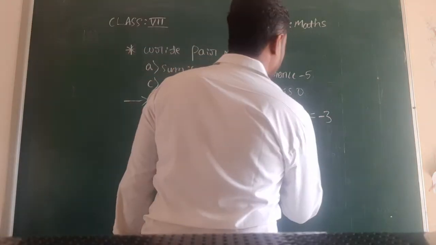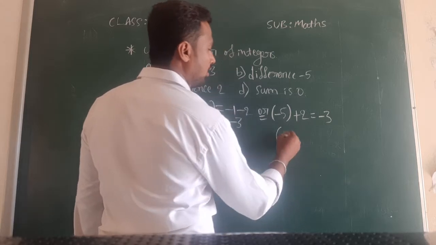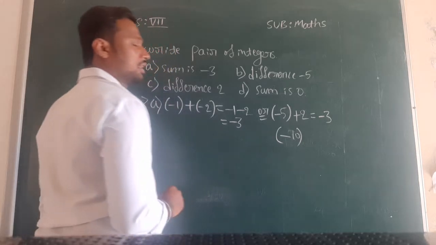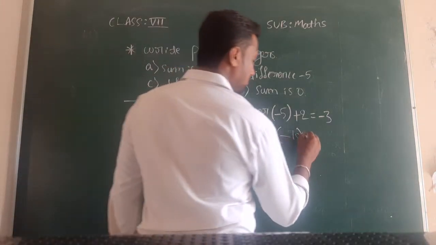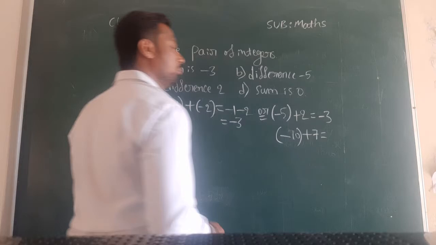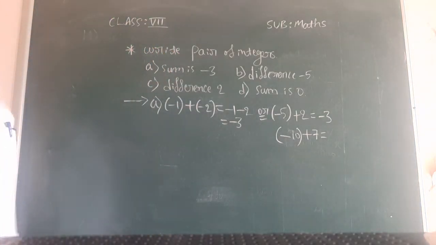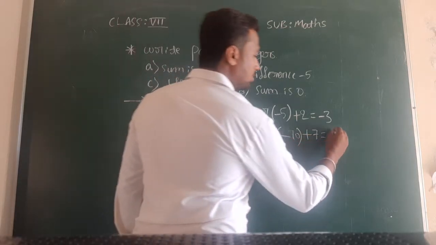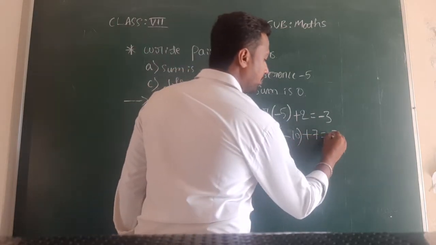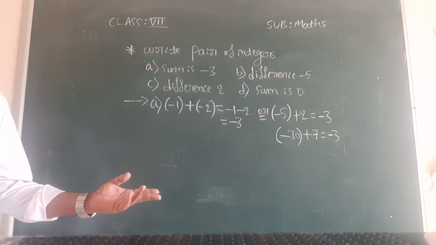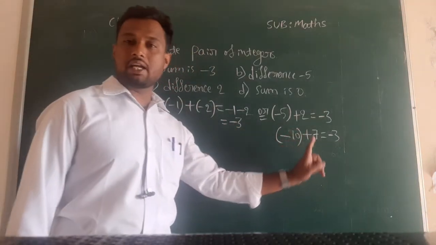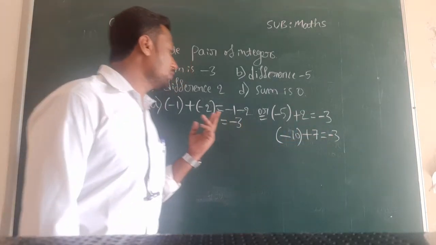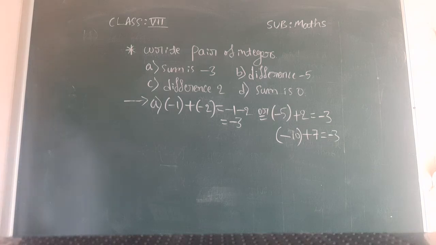So here in place of minus 5, I may consider another value. Sorry, minus 10 I will consider. Minus 10 plus 7. So minus 10 plus 7 means minus into plus is minus. 10 minus 7 means 3. Sign in front of bigger value is minus. So we got minus 3 only. Again here we are using plus, meaning adding. The answer again we are getting is minus 3 only. Like that only we can write so many numbers.